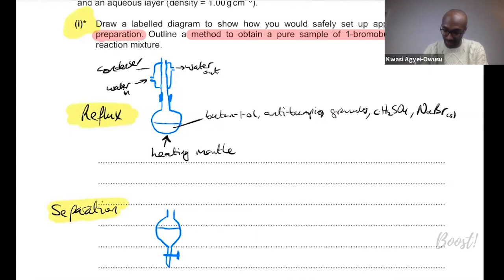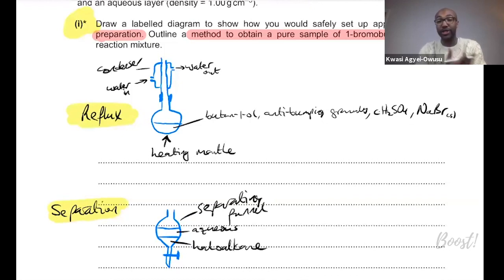And if we look at the 2 layers in there, and if we label that, the top aqueous and the bottom halogenoalkane. Okay, so you're going to open the tap and drain out the halogenoalkane, and then from that you're going to dry your halogenoalkane